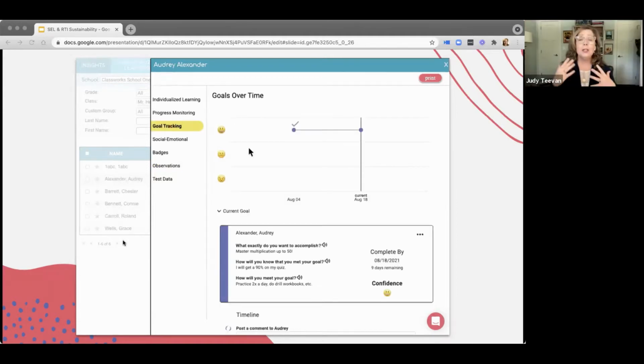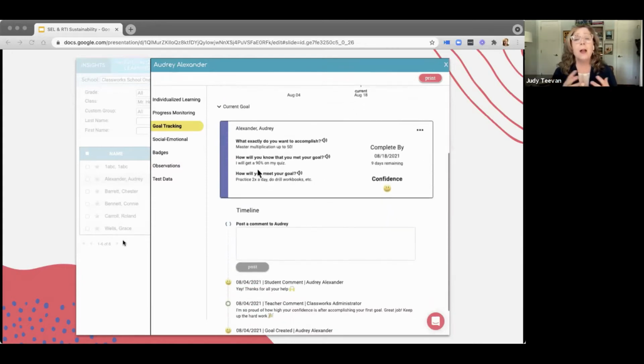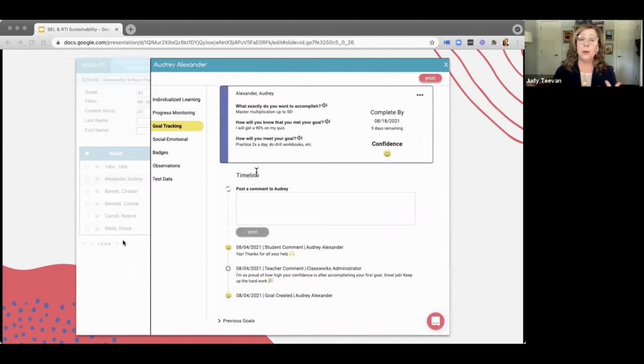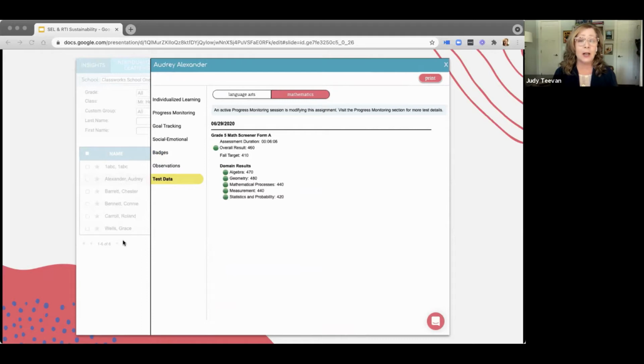That's right. Easy to read data combined with professional learning that offers teachers the opportunity to review data and practice interpreting results is really optimal. So in ClassWorks, for example, as you can see on the screen, teachers view live data in one place and can freely move between the various aspects of a student's details.